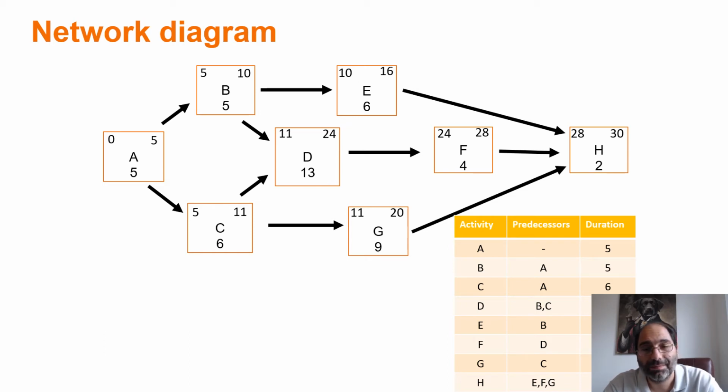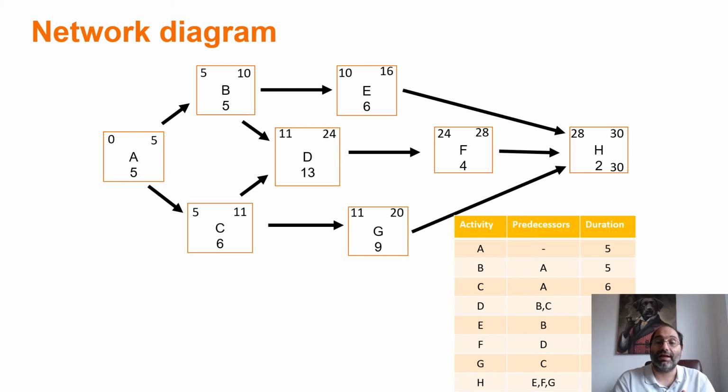How cool is that? Now, I'm ready to do my backward pass. I will do my backward pass in order to calculate the late finish and late start times. And later I'm going to use that information, of course, to calculate the slack times. So, going for my backward pass. I start from the end of the project and I always set the late finish of the last activity equal to the late start of that activity. Why? Because the whole idea is that I don't delay the project. Okay, so I set the late finish for activity H to 30.